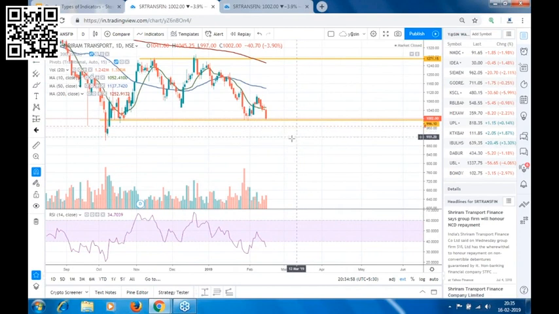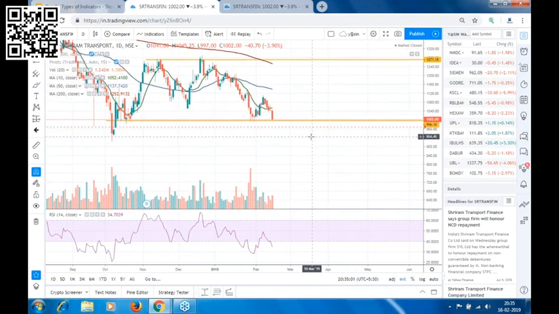Not before that, because we have checked the weekly time frame, we have checked the daily time frame, and we have checked the 4 hour and 1 hour time frame. The only support that we are having is from the price action. From the past history, we can see the prices, we saw a pullback from this level again and again.